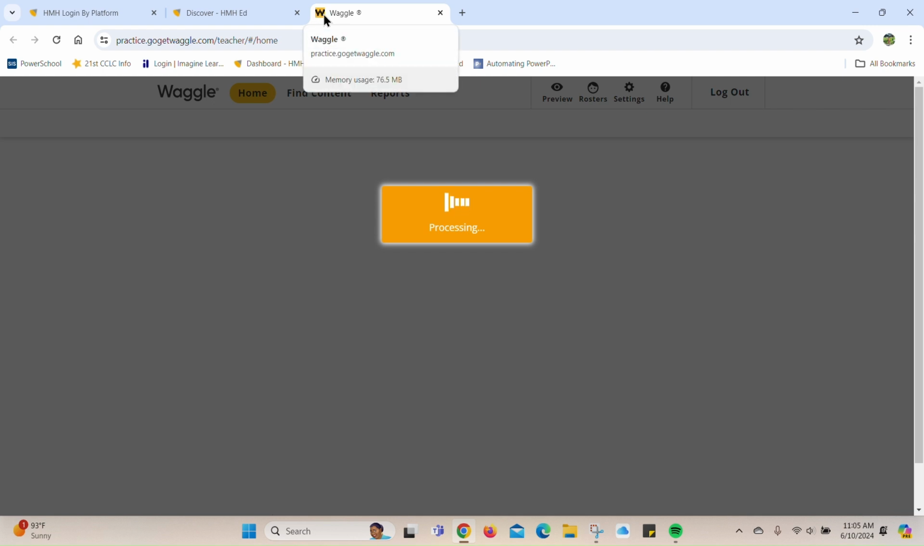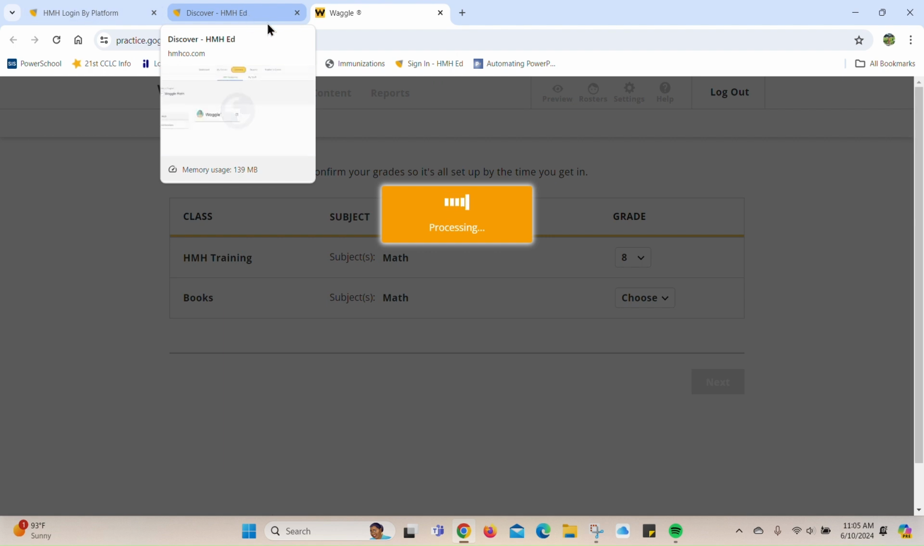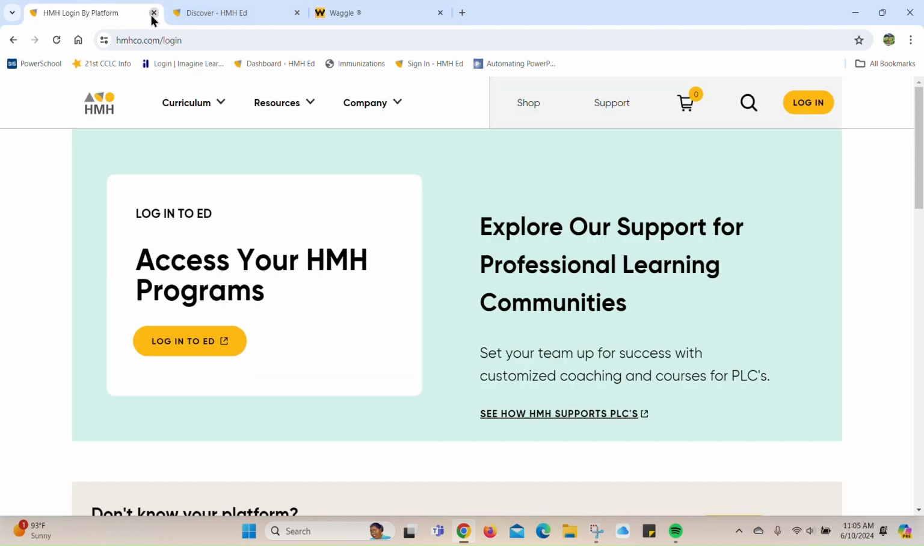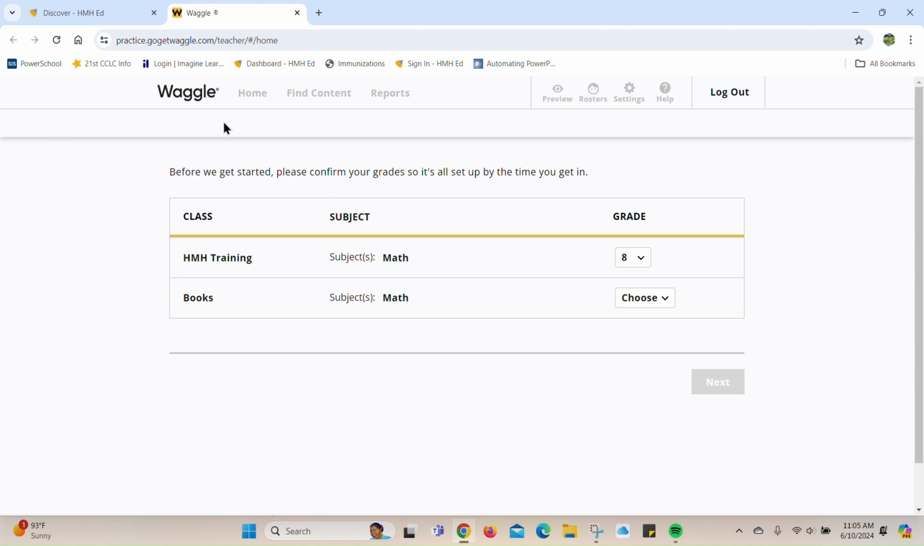tab. One thing you want to remember is do not close out your old tabs. This one we can close out because this is just the login part. But don't close out this tab right here because this is going to give us access to all of our other stuff without us having to re-log back in. So now, when we go back over here, we can see that these are the classes I have available in